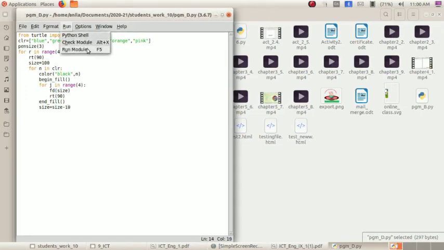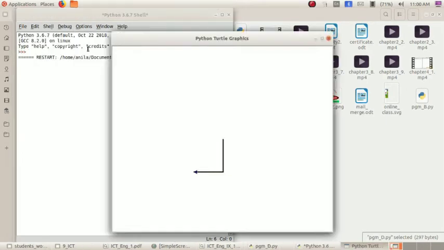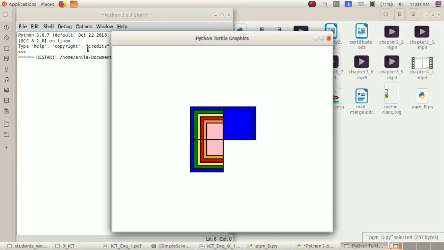Now let us see what the difference is. See, the size of the rectangle reduced when I changed the code to 10. If I change the code to 40, the size of the rectangle will be increased.